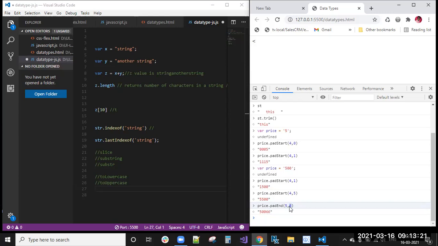The remaining characters it will replace with this string. We can practice actually. Where will these methods be helpful? Sometimes we will get usernames from the API, and you will get usernames in lowercase. In that case, the client will ask you to convert that lowercase into uppercase. So then you can use the toUpperCase method.